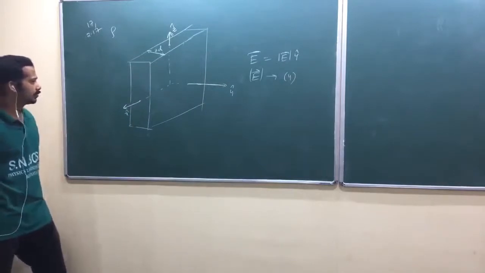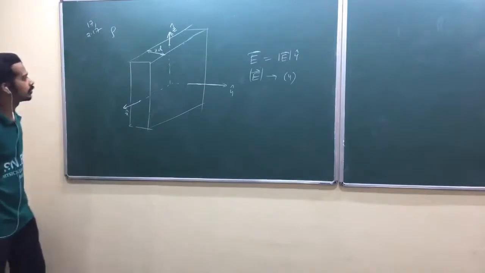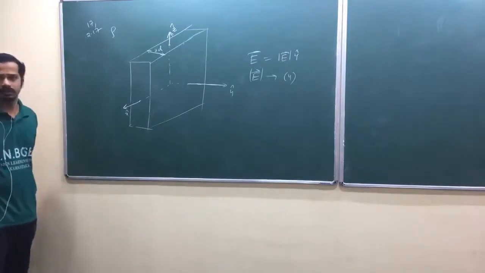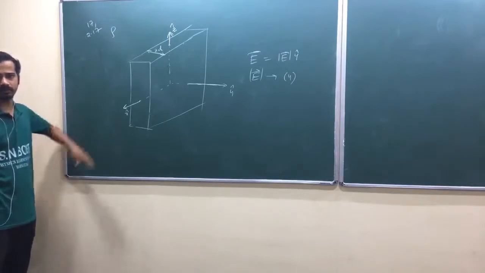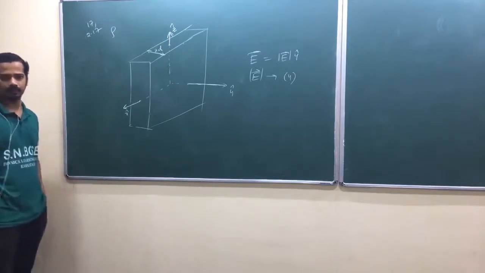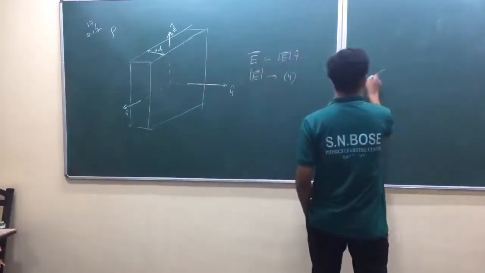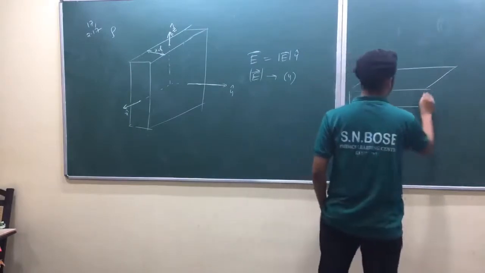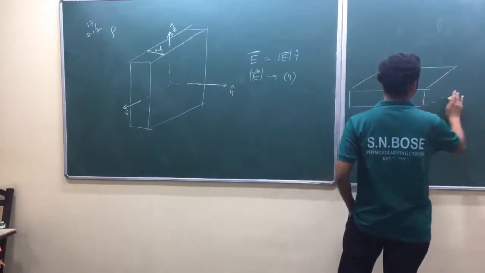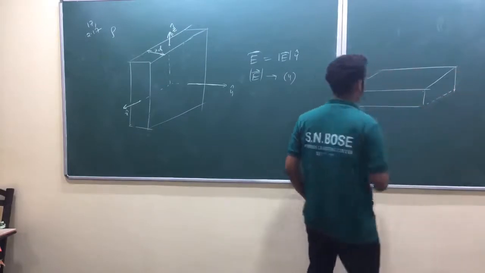Now, I don't know whether you have seen the solution manual or not. We had better see one cross-sectional view, because it's a little difficult to imagine the Gaussian surface, am I right, or to draw that one. In either case, it's a little difficult to draw the Gaussian surface. Now let me just take it like this. I have a slab here.